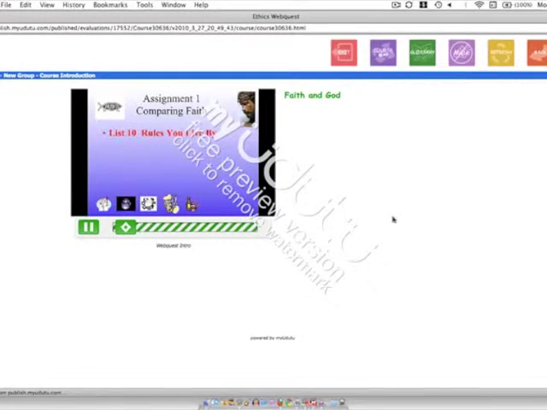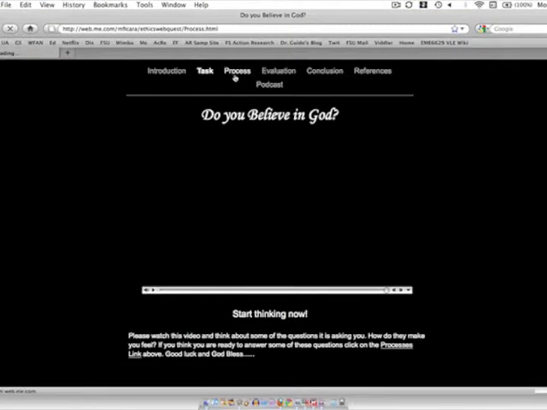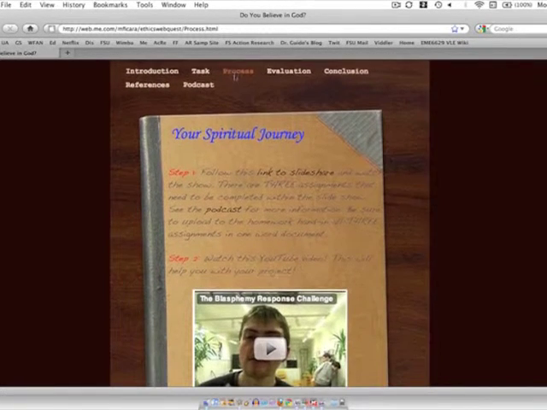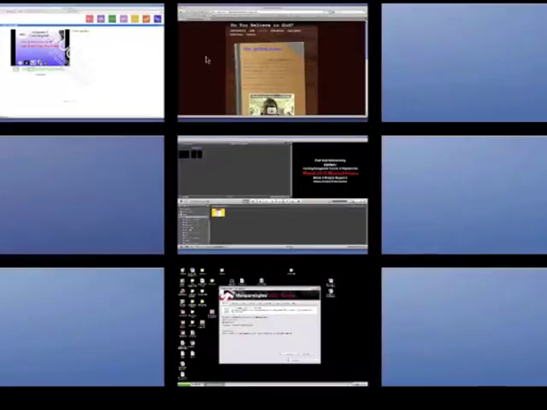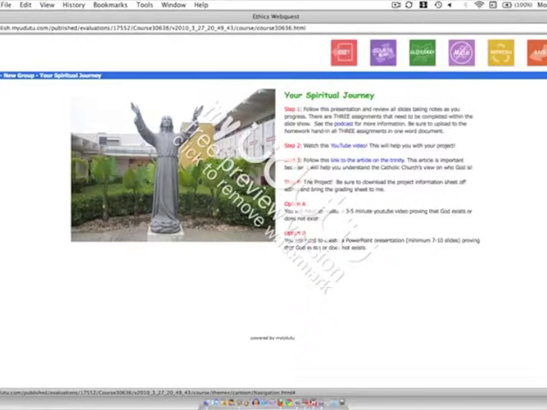Now that we've hit the second slide, it basically gives students a step-by-step run through on the project, on what they need to do and complete, explaining to them the assignments that are in the WebQuest, as well as where they can access things such as the notes. Similar once again to what I did here in the processes. Here I did not have a video though. Here I did kind of step-by-step instructions. I'll talk about those in a second, which was actually my next slide